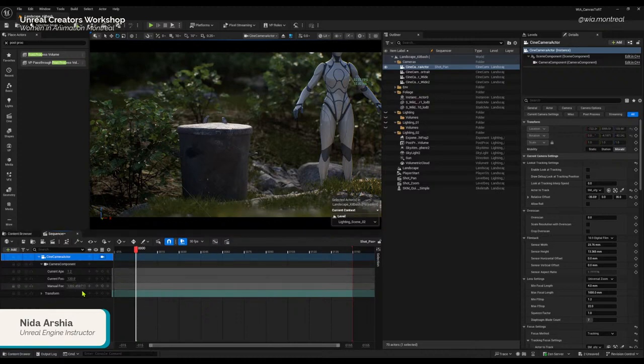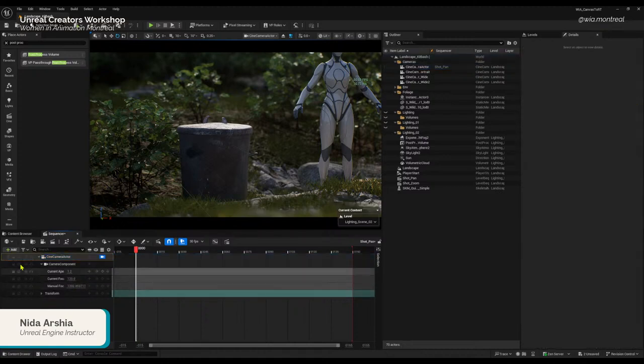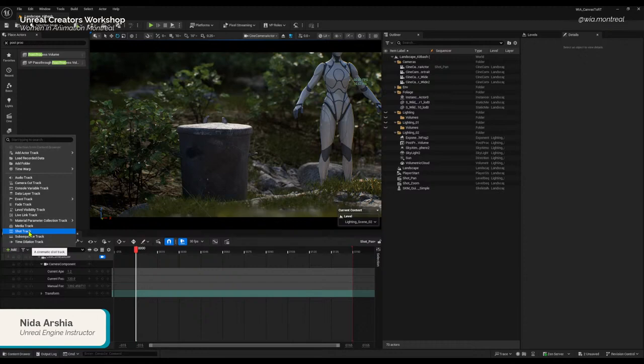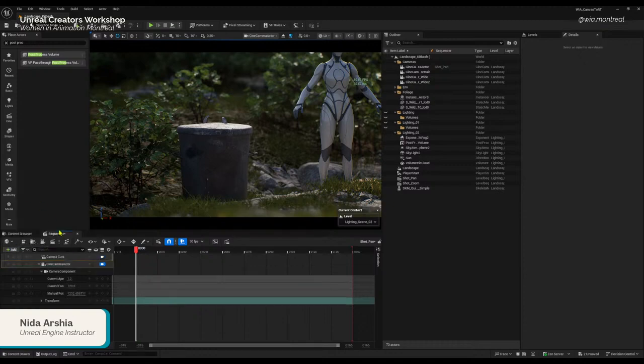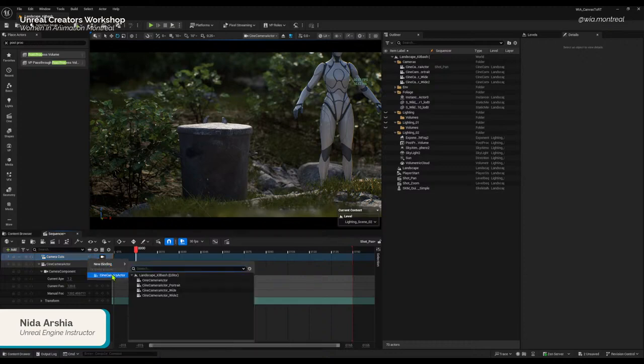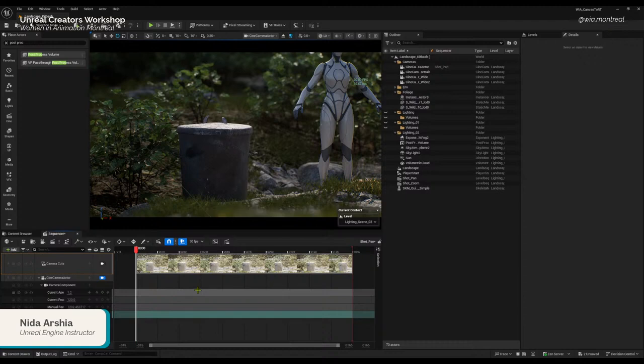Okay. But now when I want to render the sequence, I need to establish exactly, let's say I have multiple cameras in this sequencer, which camera I want to render. And for that, I need a camera cut track. So I will open this add icon and add a camera cut track. In the camera cut track, I will click on this plus icon and bind this camera to the one that we have in the sequencer, or the one that we want visible in the viewport or use for